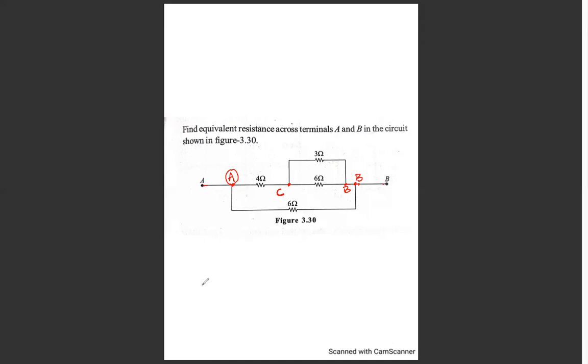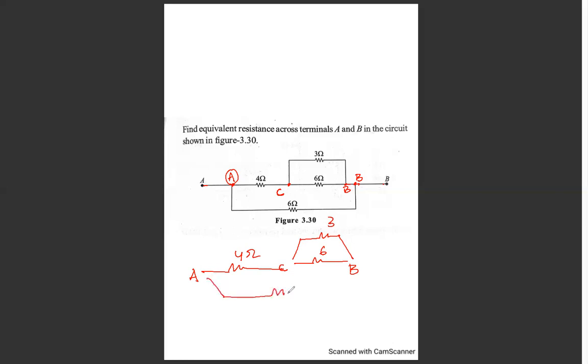terminals. As we told you, the two terminals across which we wish to find the net equivalent resistance should always be kept at the two extremes. And this one is C. It's going to be quite easy. Between A and C we have 4 ohm, between C and B it is 6, and between C and B there is also 3. You can solve it just by looking at the circuit, but still, okay.